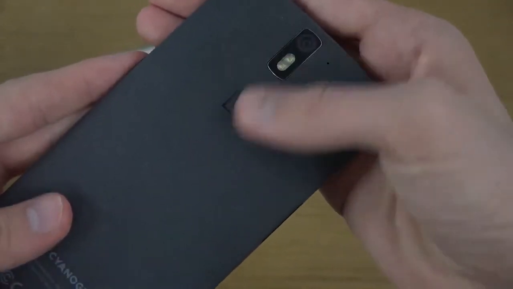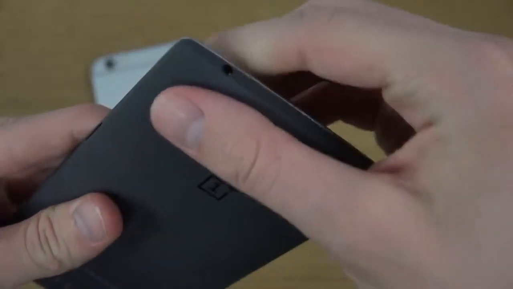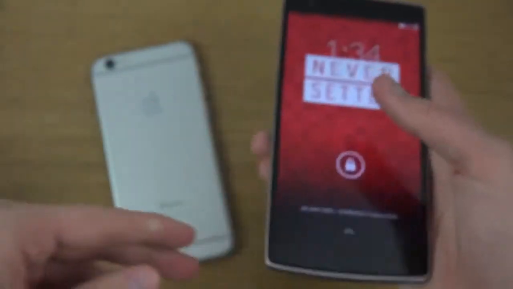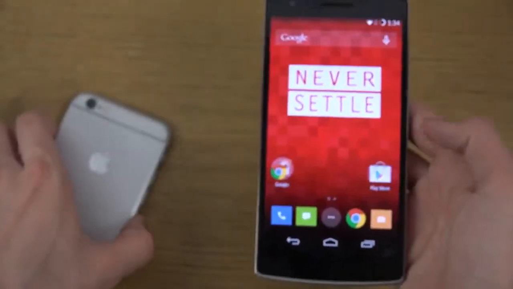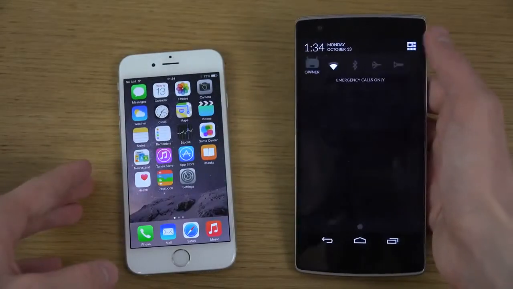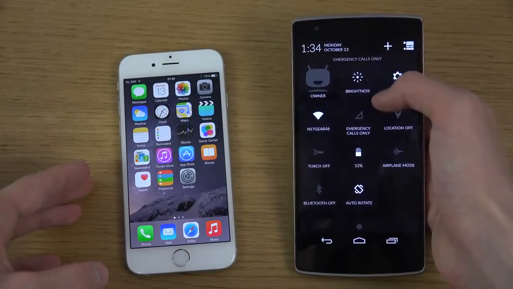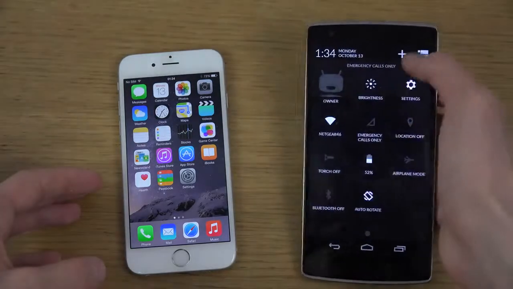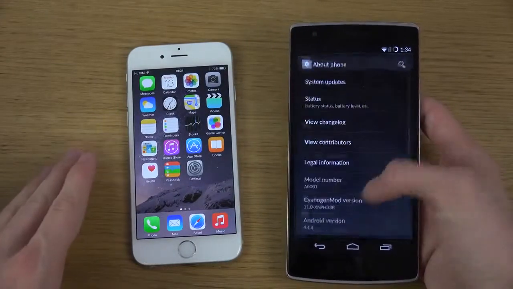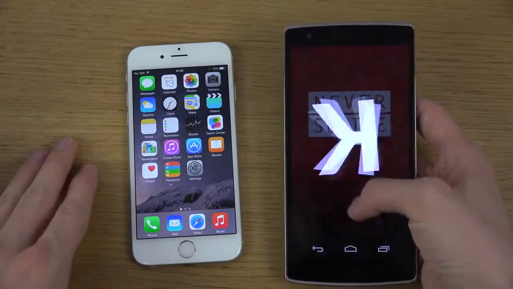back variant, which feels extremely unique compared to a ton of other phones. And also it has a very cool design features here when it goes up, and it just looks like a very well made phone. So you can also see here it is running here with CyanogenMod. See here, where do we go into settings? Settings, there we go. So one of the latest versions of Android here, or it is the latest version,